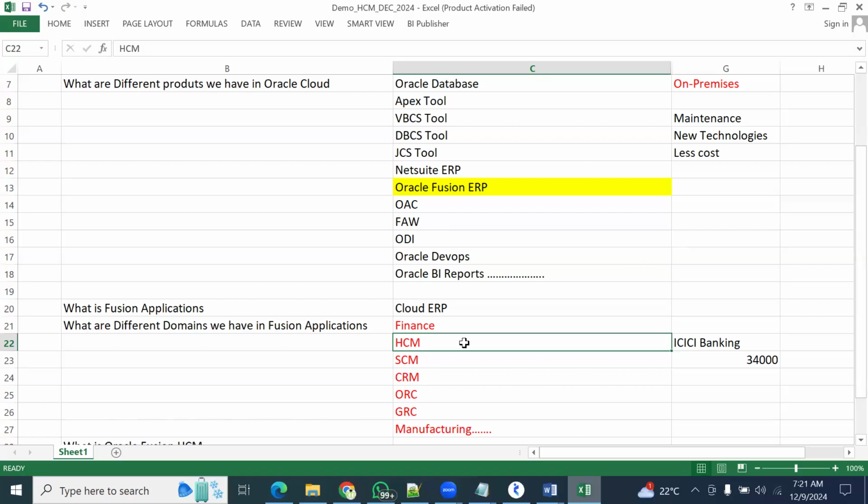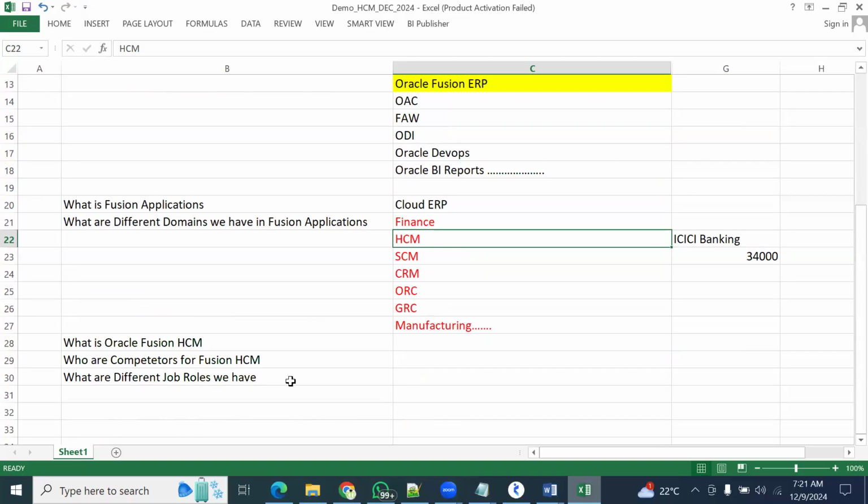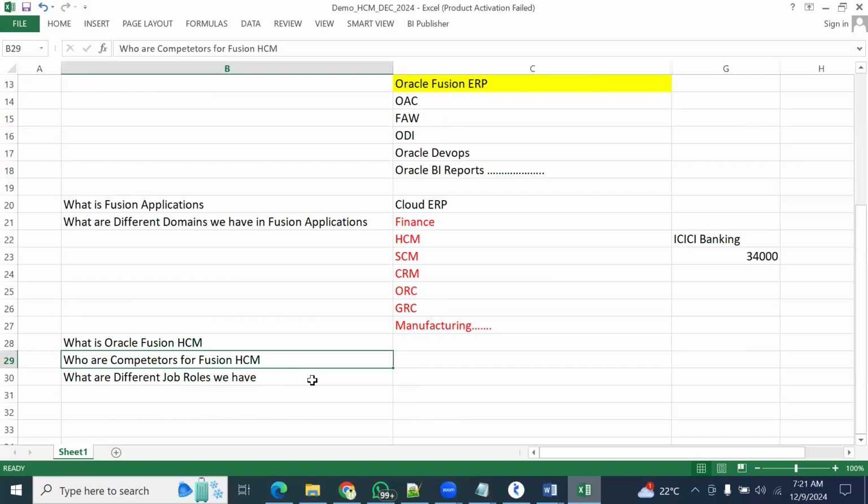Very good requirements. We got excellent requirements also from the HCM point of view. Yes. So who are the competitors in the market? Who are the competitors in the market for